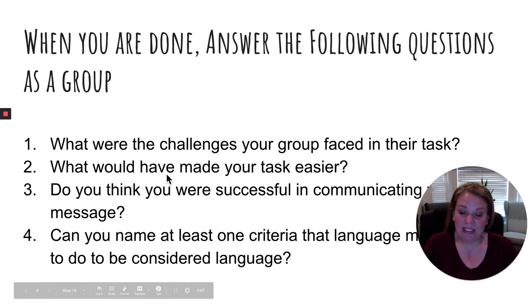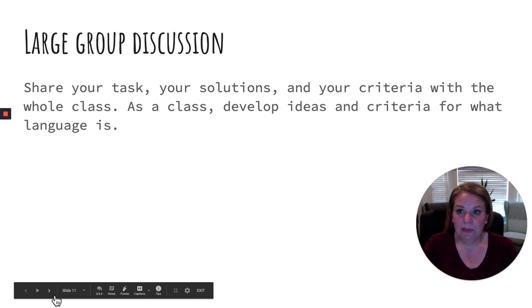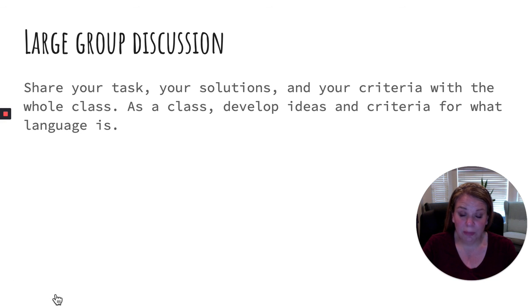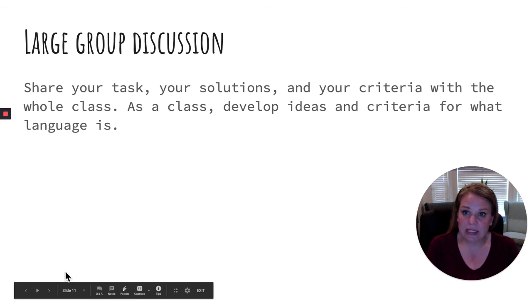Can you name at least 1 criteria that language needs to be able to do to be considered language? So this is where you're going to look for what was your language missing that made this job so hard. Okay? When you're done, don't panic if you don't have 3 criteria yet. Just bring at least 1 to the table because we're going to combine all our criteria together as a large